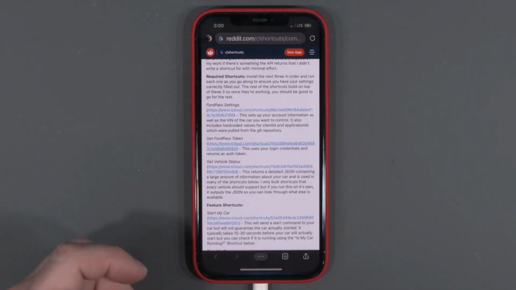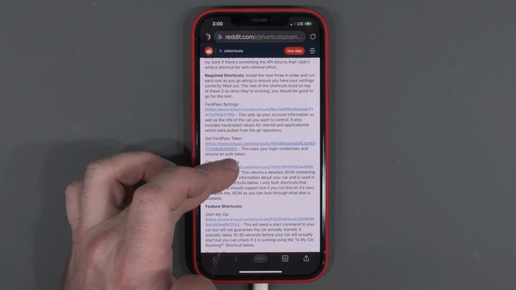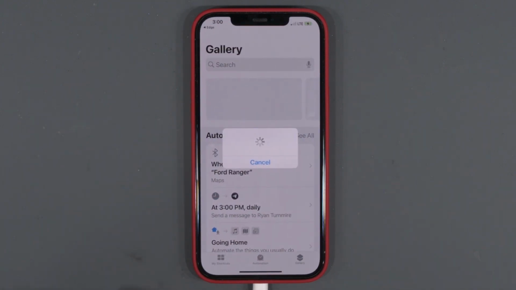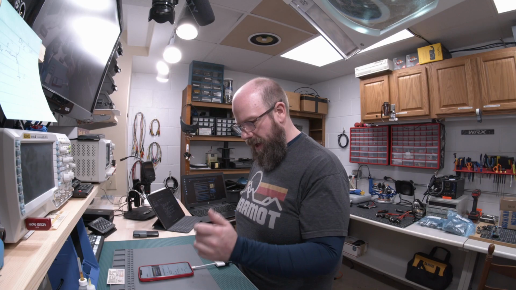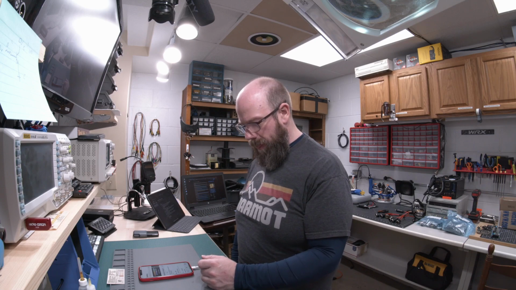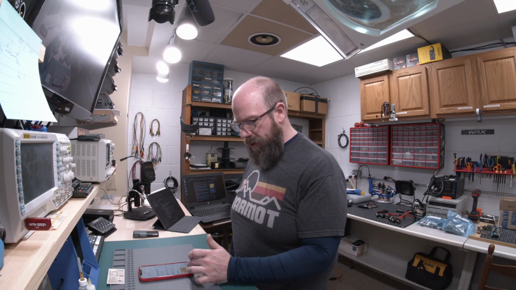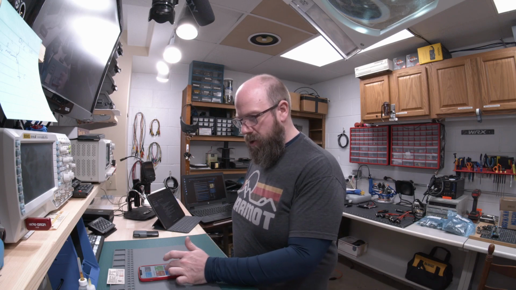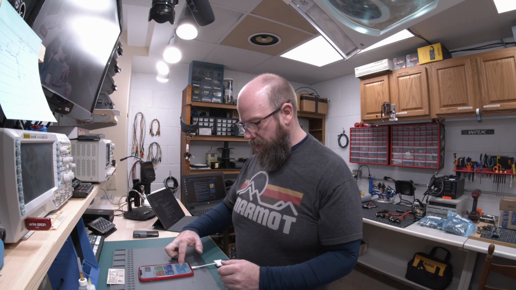So we're going to go back to the Reddit post here. We're going to click on the Get Vehicle Status one. Now all this does is it uses that token to connect to the cloud service, and then it pulls a file that has all the vehicle data available down to the phone. So we'll hit Add Untrusted Shortcut for this one too. Now this one you can't really see anything from, so it doesn't really do anything until you build another shortcut that uses it. So I'm going to again move this down to my folder,